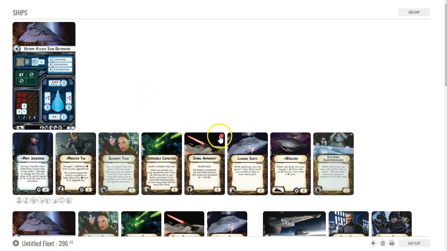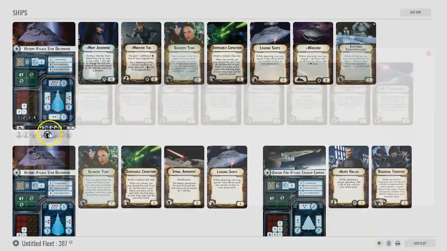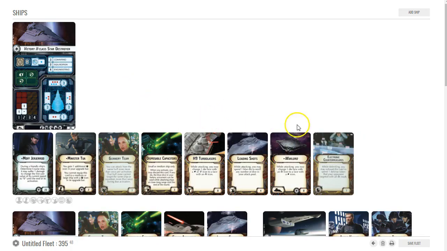As a matter of fact, we could even drop Spinal Armament off of this one and put H9s on there. And one of the reasons for that is it'll synergize even better with Warlord. We can take one of the red dice. If our die roll is really good, we could just turn one of the reds into an accuracy and then into a double hit. We can squeeze more out of there. And if we end up having to do any anti-squadron, H9 and Warlord make that an automatic hit. So there's definitely options. There's only a 1 point difference between that and